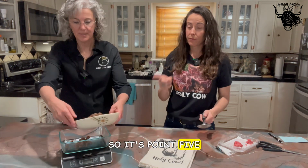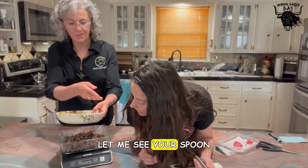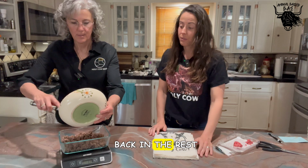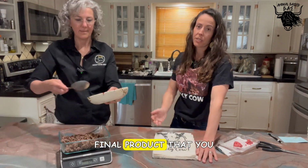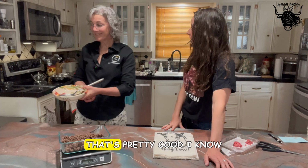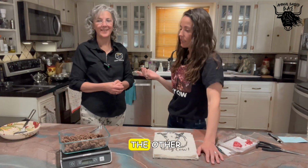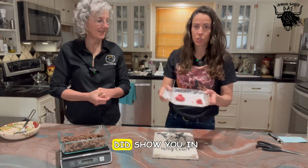Half an ounce, let's just say 0.5. So now we're going to add back in the rest of what we cooked. What you're actually getting, the final product that you are consuming and eating from Holy Cow beef, is 12 ounces. Pretty good. And of course, you can add in the other little bits of beef that we showed you in the beginning,